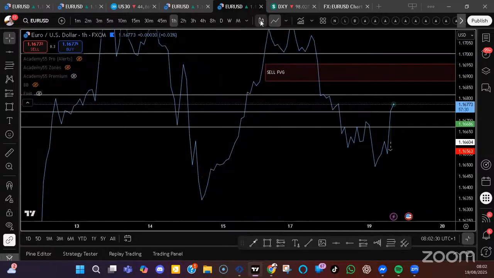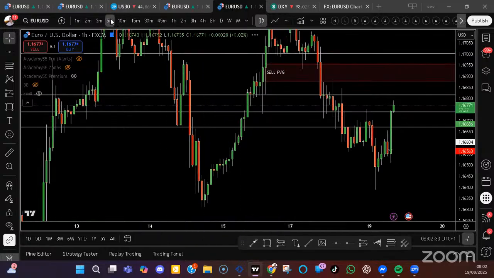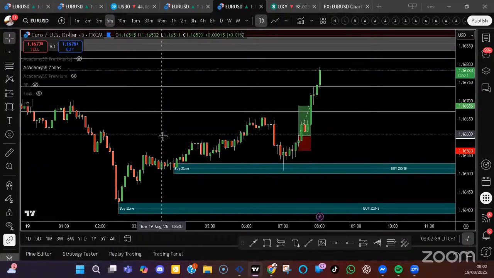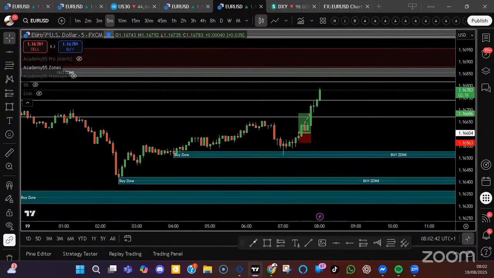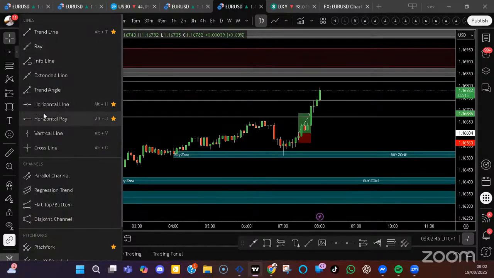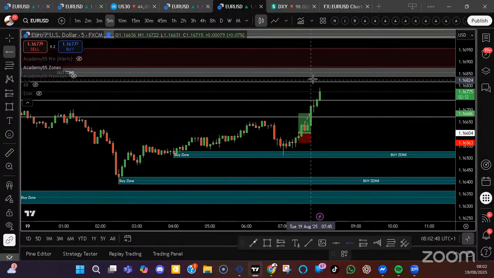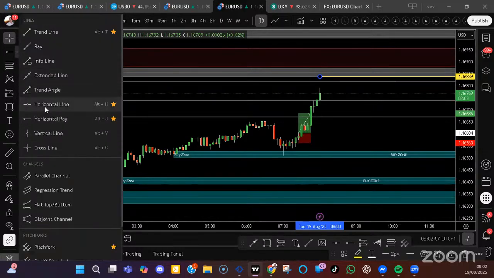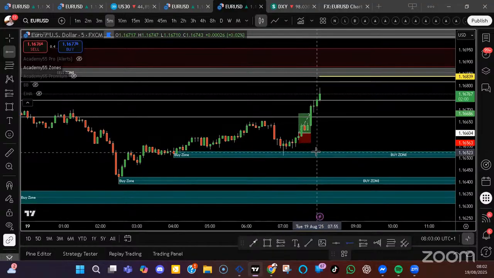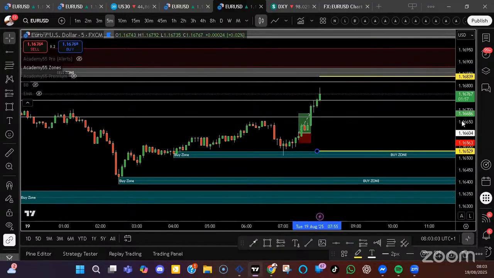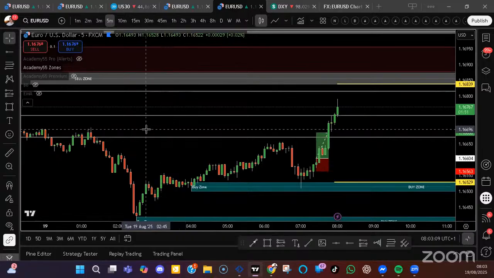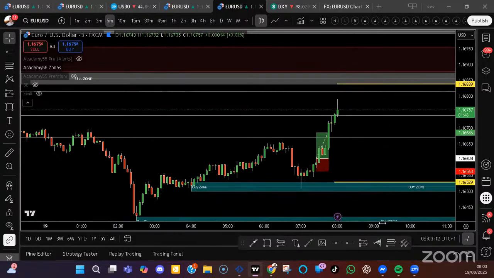Anyway, so we go back onto the candles, put it on the 5-minute time frame. And now we can mark up the zones. So we have a sell zone there, and we have a buy zone here. So now we've got a little bit more of an idea what price could be doing